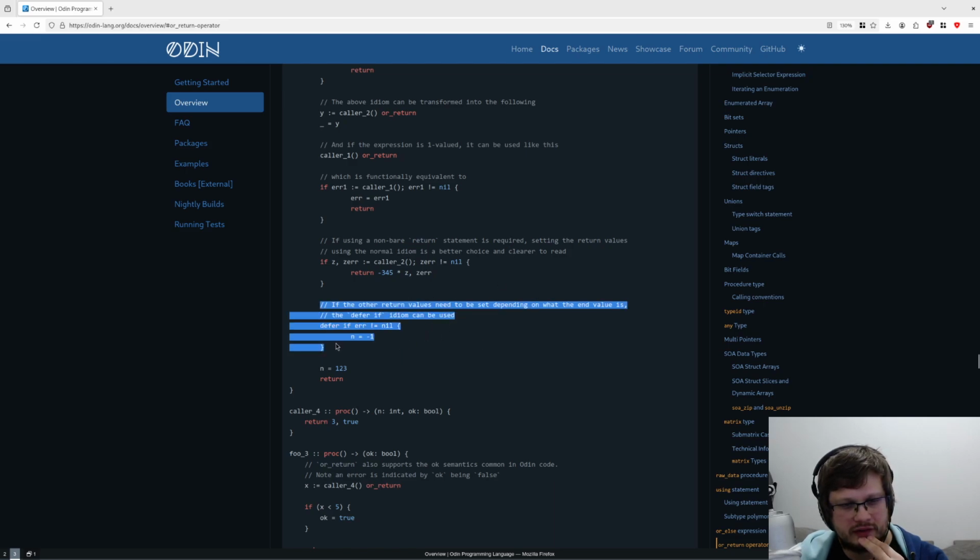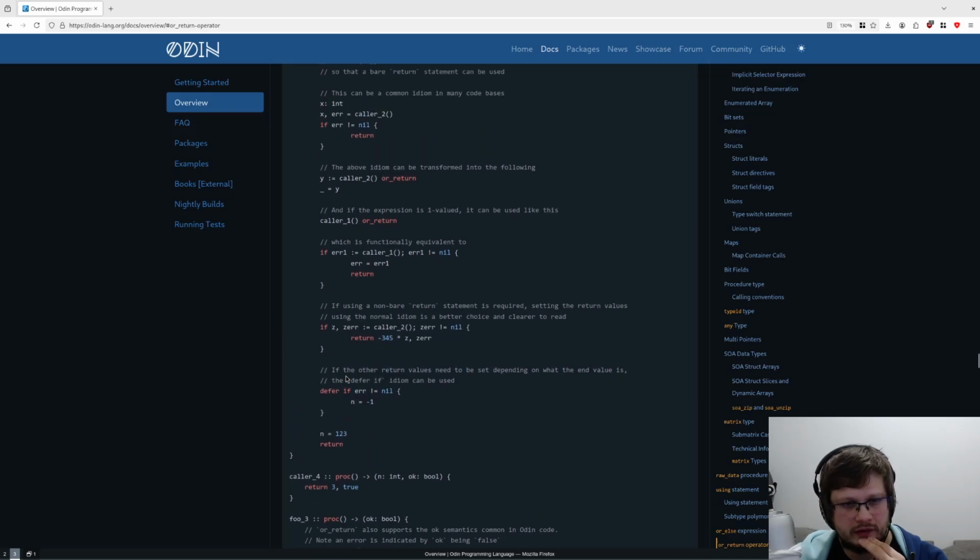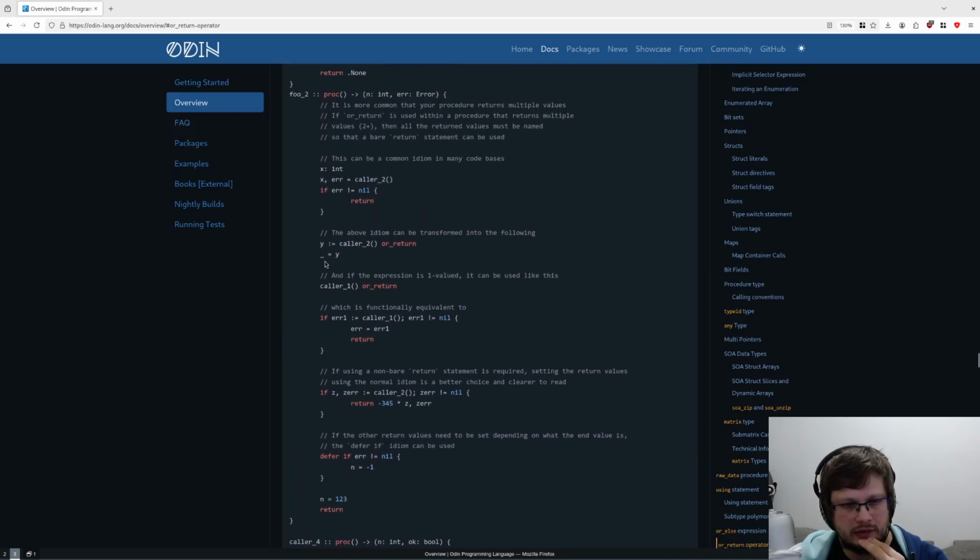It also has a combination with defer. Transformed into the following: x is int, x, error, like this, return. Wait. If or return is used within a procedure that returns multiple values, 2+, then all the returned values must be named so that a bare return statement can be used.